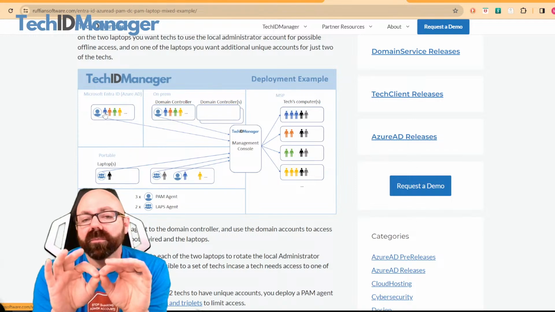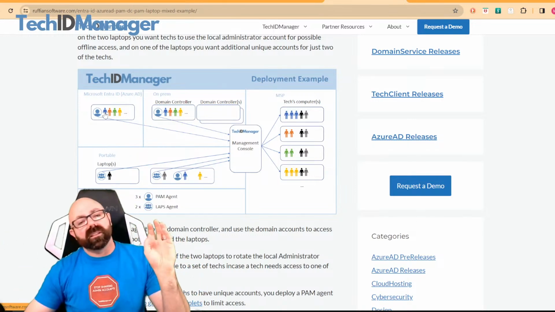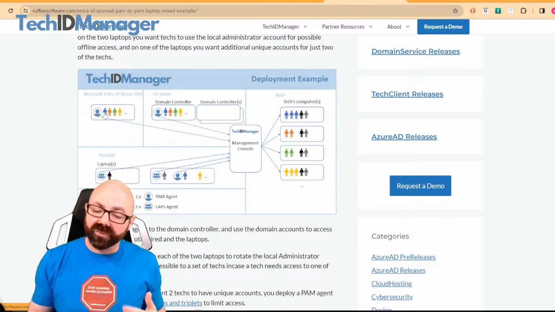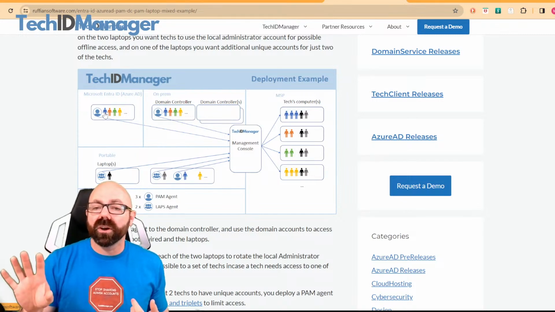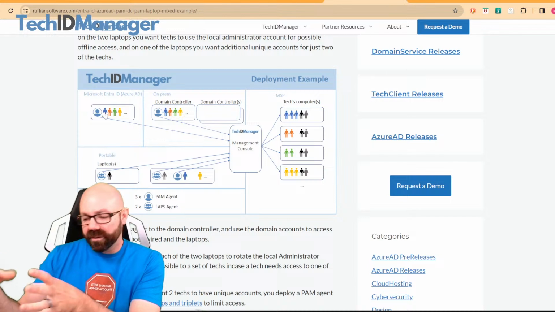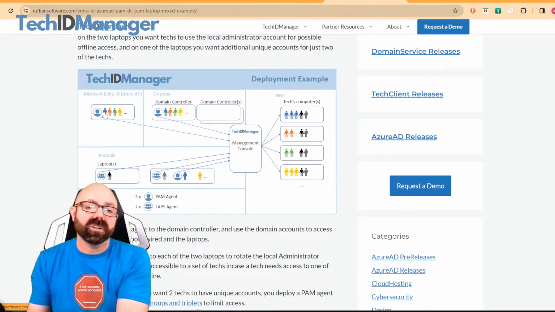Or you can do them unjoined in a non-hybrid mode where the accounts on the domain are unrelated to the accounts in the Azure tenant. That is the way we suggest you do it, because that gives you the flexibility if you have technicians that are domain only and they really don't know what they're doing in Azure and they should only be working on